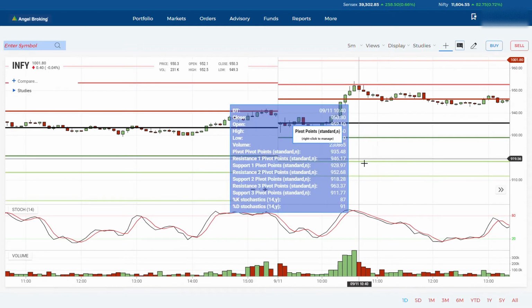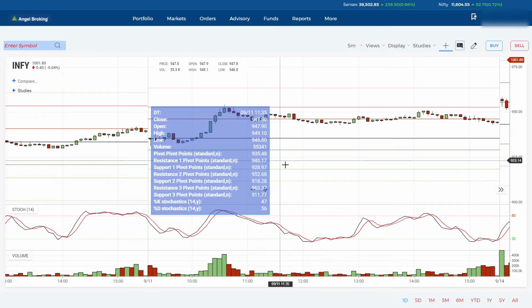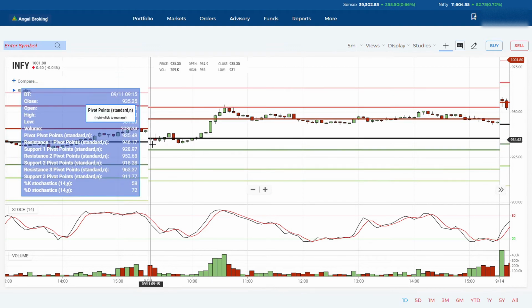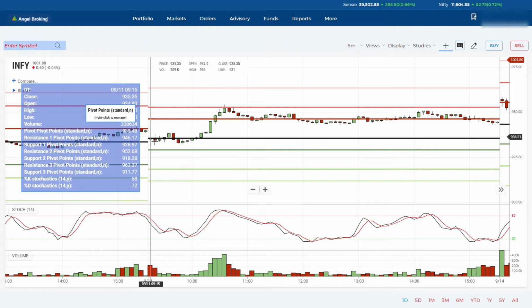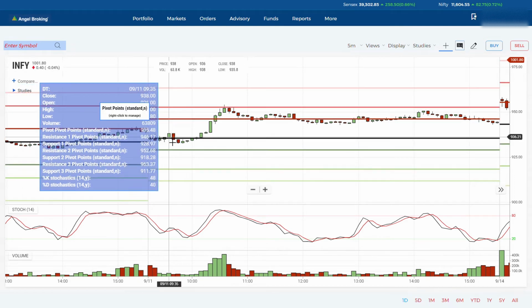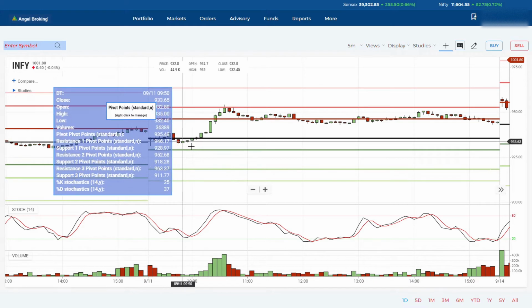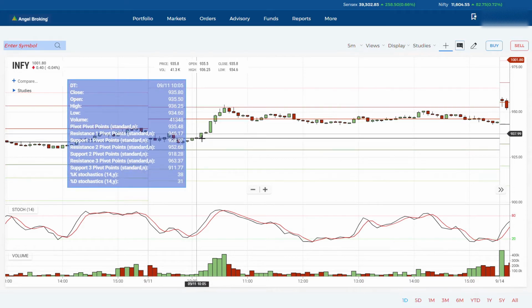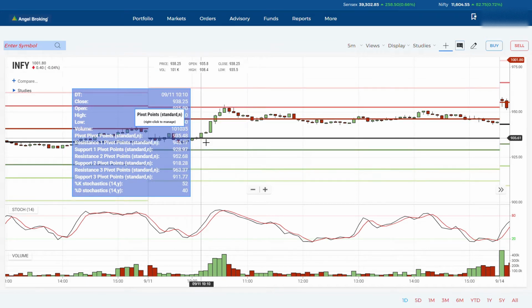Okay, so I'm going for September 11th. Yes, September 11th, 2020. The price has started from here, and it tried to cross the pivot, but it is not going up. It is coming down. Okay. So next time also it is trying to cross. So you want to see, okay, if this goes up, you are checking the stochastics.